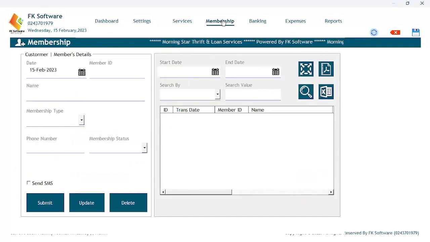Now if you get to the membership, we have customer or members details. Here we will add members, either a contributor, where the member wants to be a contributor, or a non-member who is not a contributor. Now let's add some dummy data, 001, and then